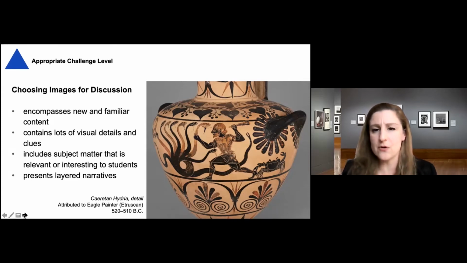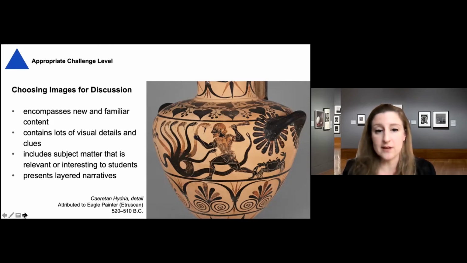So, right, there are those heads that certainly look like snakes, but it also doesn't quite look like a snake because it's got all of those heads. Even Hercules, for students who are familiar with Hercules, they might be able to recognize him by his club, but he's also depicted in a way that we don't normally see. So it might take some wondering and some looking to figure out who that might be.